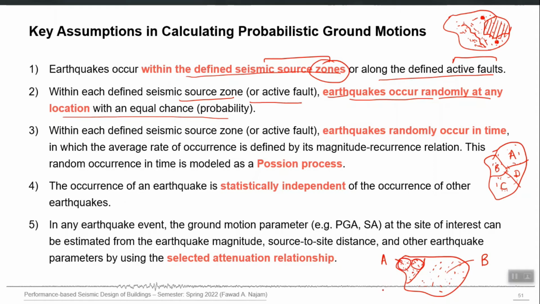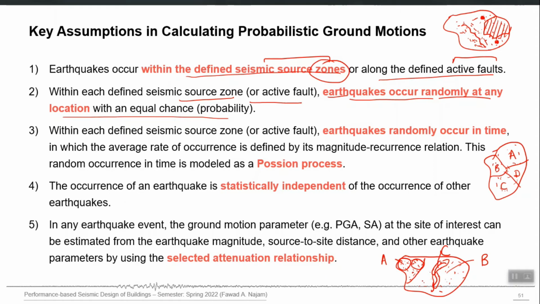In that source, we assume that the activeness of that source is constant in that whole source which we just declared. Similarly with faults. If there is a fault, let's say source C, along the length of that fault we cannot say that in this region earthquakes occur more and in this region earthquakes occur less. Once we declare it as one source, then the earthquake can occur randomly in future at any location with equal